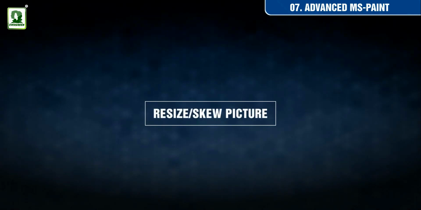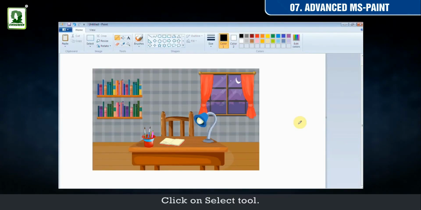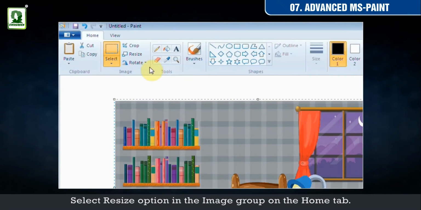Resize or skew picture. You can increase or decrease the size of a picture vertically or horizontally. Click on Select tool. Select the picture. Select Resize option in the Image group on the Home tab.